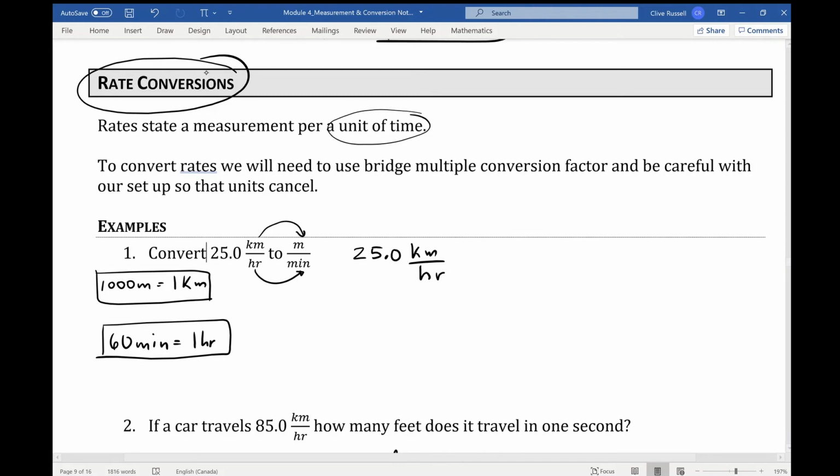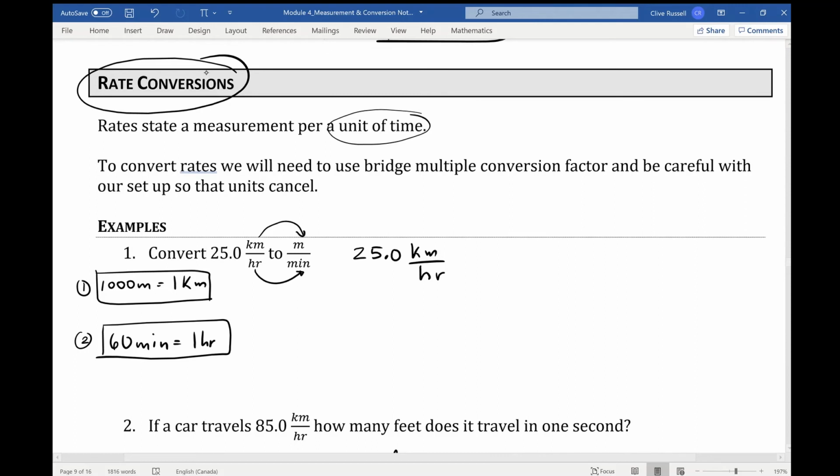So number 1 here shows you the conversion between meters and kilometers. 1,000 meters is 1 kilometer. And number 2 here says that we have 60 minutes in 1 hour. So let's look at this now. It doesn't make any difference whether you change from kilometers to meters first or from hours to minutes first. It makes no difference, but we'll go from